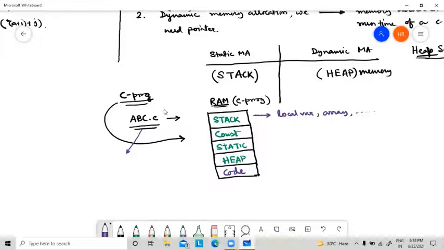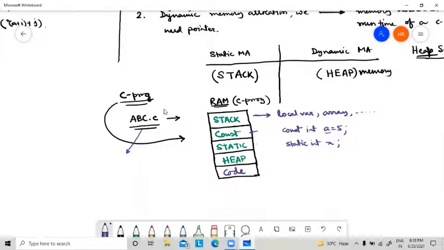Now suppose you declare one variable as a constant. We know that const int a = 5 means the value of this variable cannot be modified. This particular variable will be allocated into the constant memory location. If you declare any variable as static, the static variable is very useful in case of a recursive function. Static int x, suppose I declared one variable.